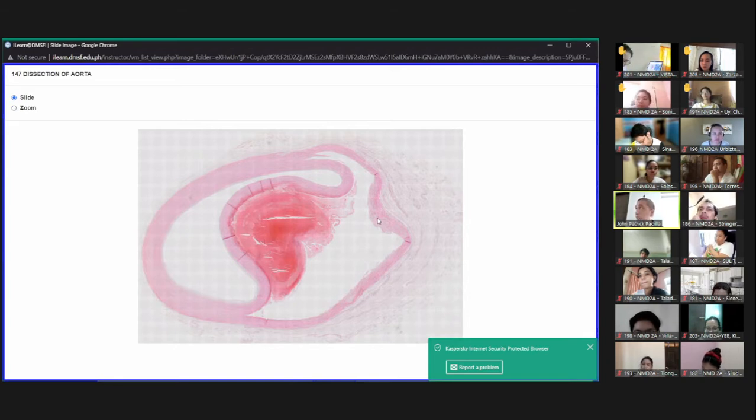If you remember, Mikey Arroyo, the husband of former President Gloria Macapagal Arroyo, he suffered from aortic dissection. So the causes for aortic dissection would either be